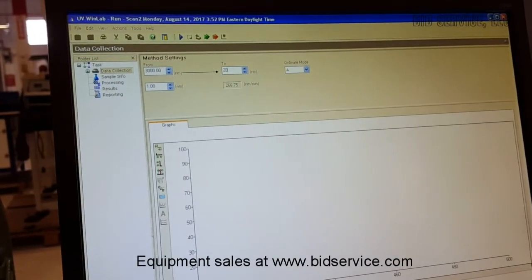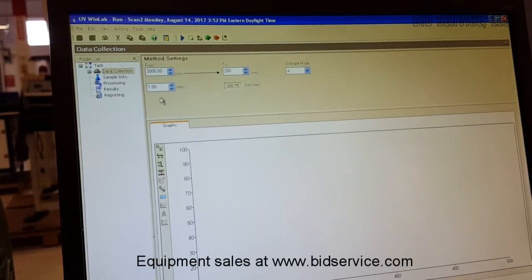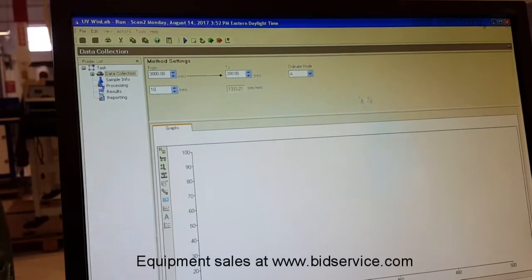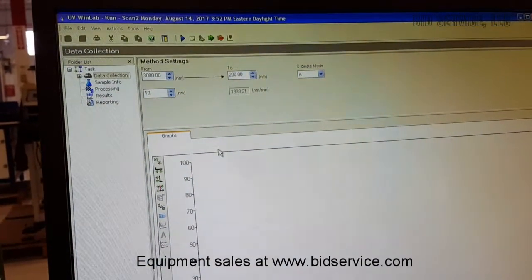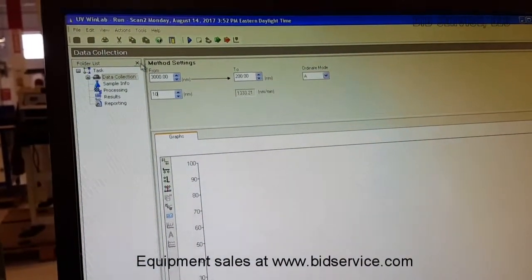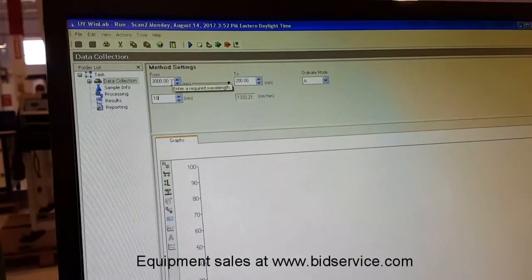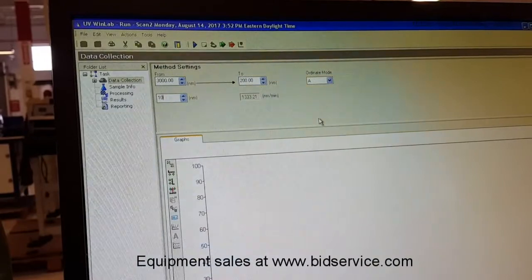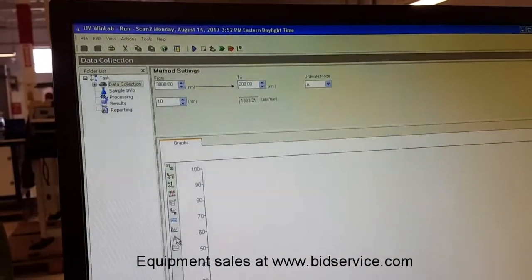So I'm going to run this just to demonstrate the system scan range. So once we enter the start wavelength 3000 and end wavelength 200 nanometers, it's going to be just a scanning of